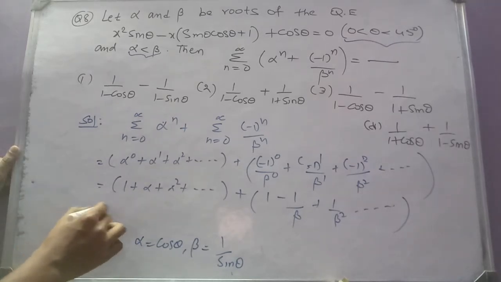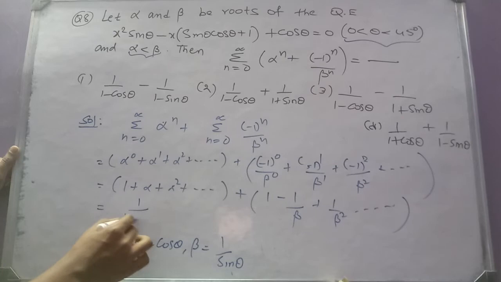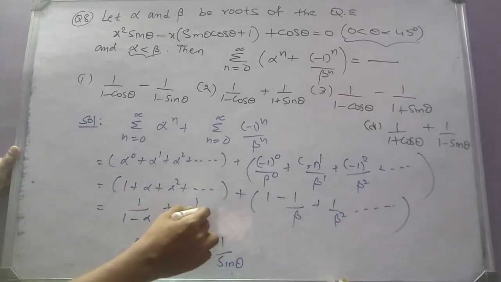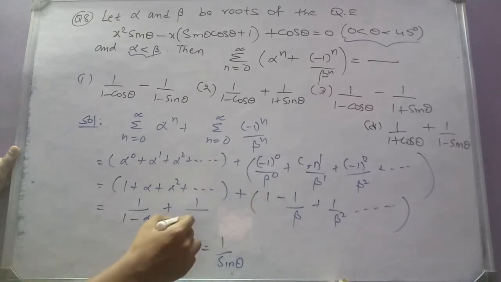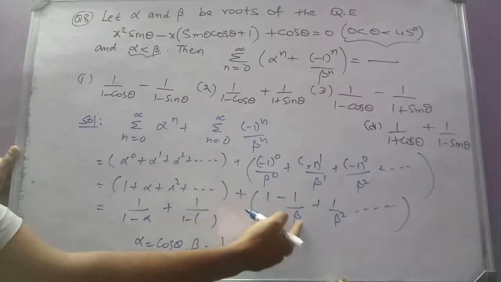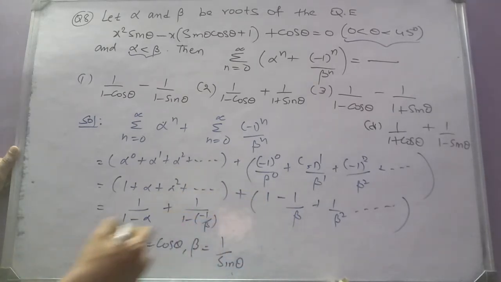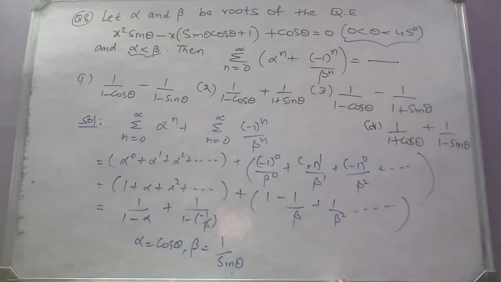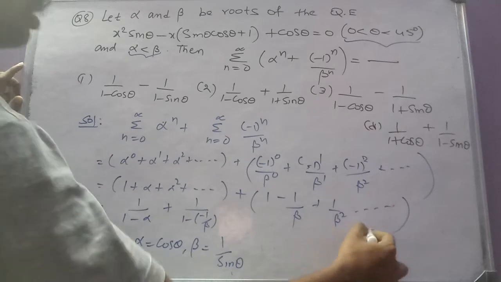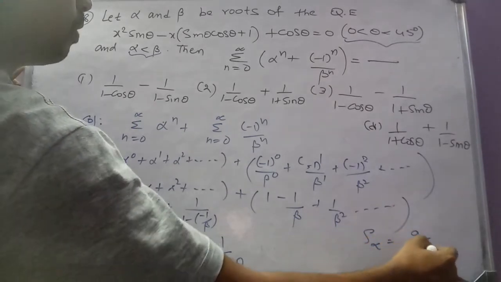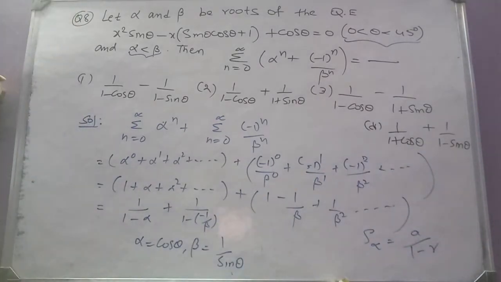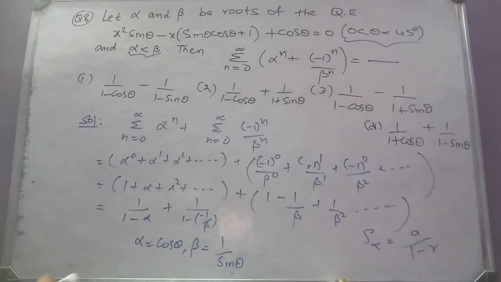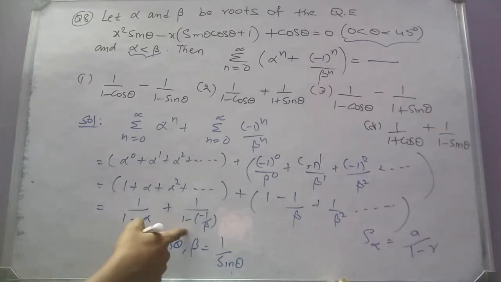So this can be written as a by 1 minus, the common ratio is alpha, and this is what? A by 1 minus the common ratio a2 by a1 is minus 1 by beta. So this I have written using what? The sum of infinite terms in GP. The formula is what? Sum of infinite terms in GP, a by 1 minus r, where r is the common ratio a2 by a1, second term divided by first term. So I have used that formula here and here.